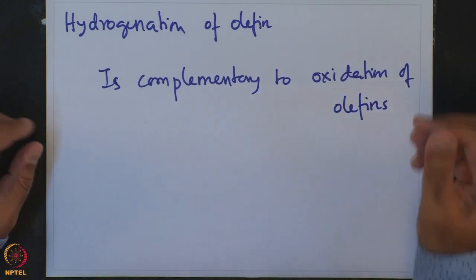What we had seen is that oxidation of olefins is in fact extensively studied, particularly from the industrial perspective. Oxidation of olefins, we have discussed its large scale utility. For example, Wacker reactions where ethylene was oxidized to acetaldehyde, or epoxidation reactions where olefins were oxidized to epoxides, which are useful intermediates to ethylene glycols. So, oxidation of olefins is a very important reaction to perform from an industry perspective in